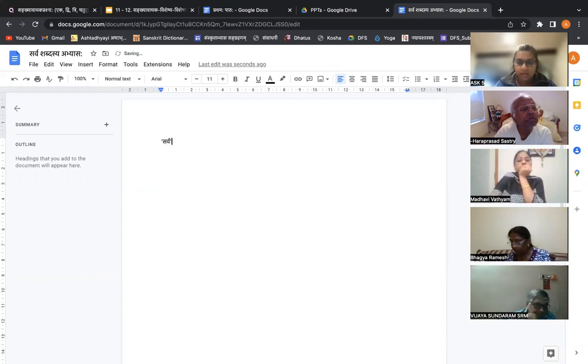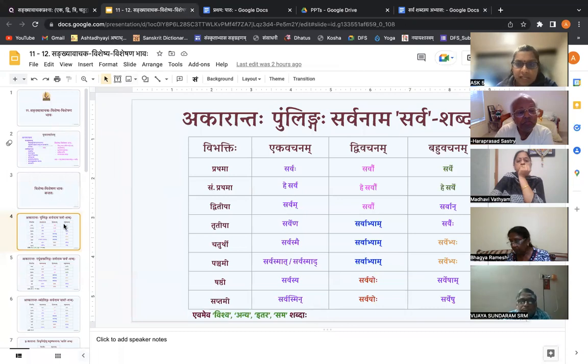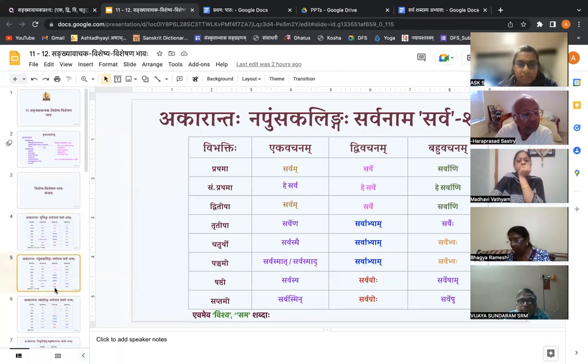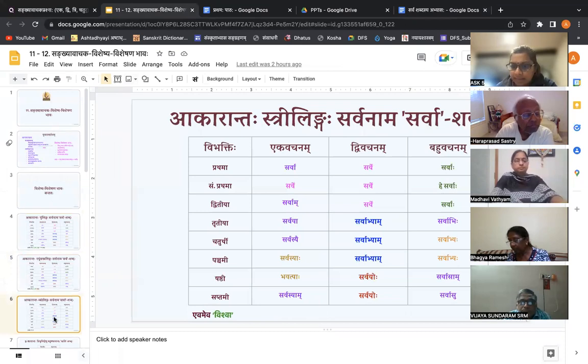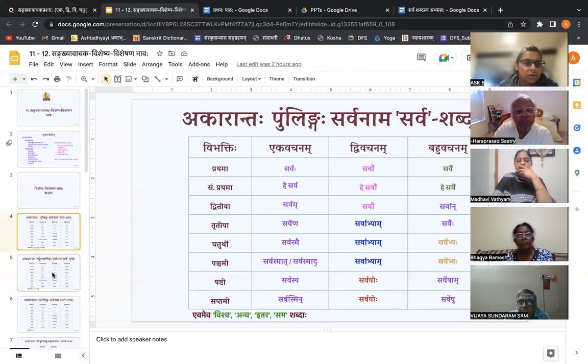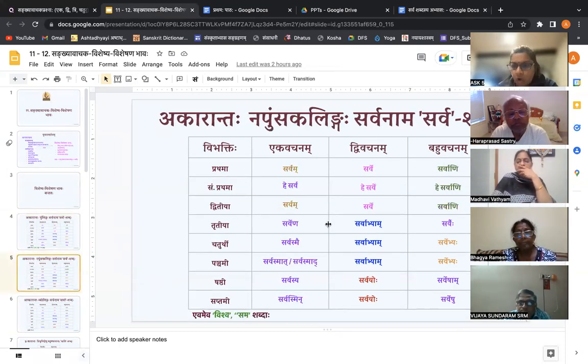I'll also look at it and correct it. What I want to do is, when we have this Sarva Shabda, we have Sarva Shabda in Pullingaha, we have it in Napumsakalinga, and we have it in Strilinga. Okay. Now, when we do all of these three, each of the forms are different, but the meaning, the artham, is the same. Correct? We all know that, we all understand the meaning. When we say Sarvam